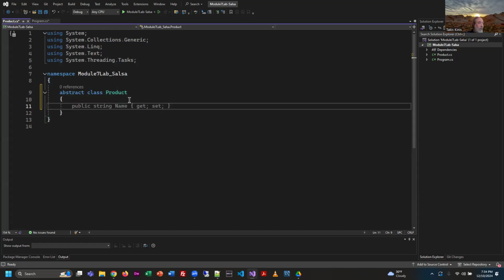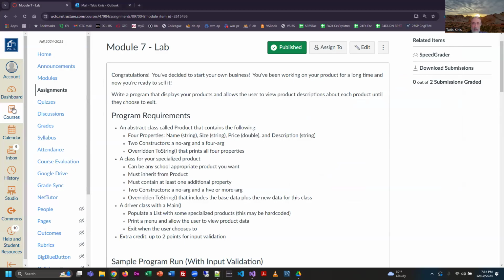Right. We were given a specific set of properties to add. Like for example, and actually let's go back to the description and just look, right? Name string, size string, price double, description string. Okay, right? All of those. That's pretty simple and straightforward. So what I did is this,